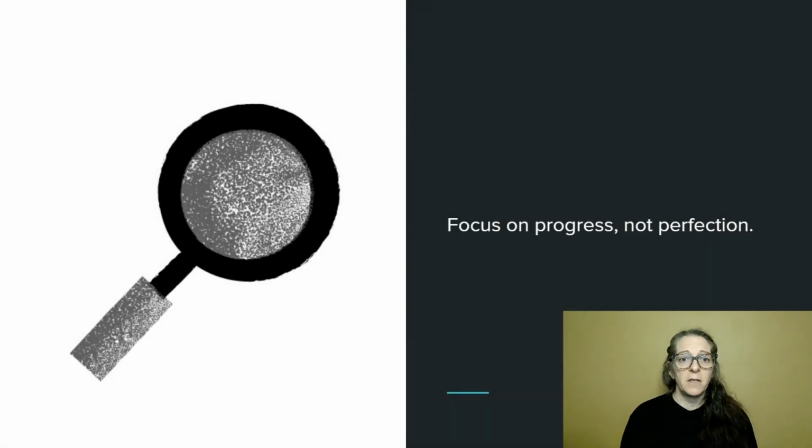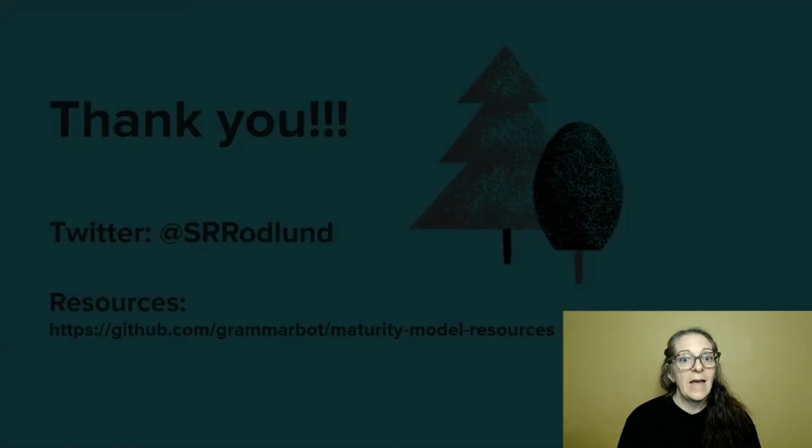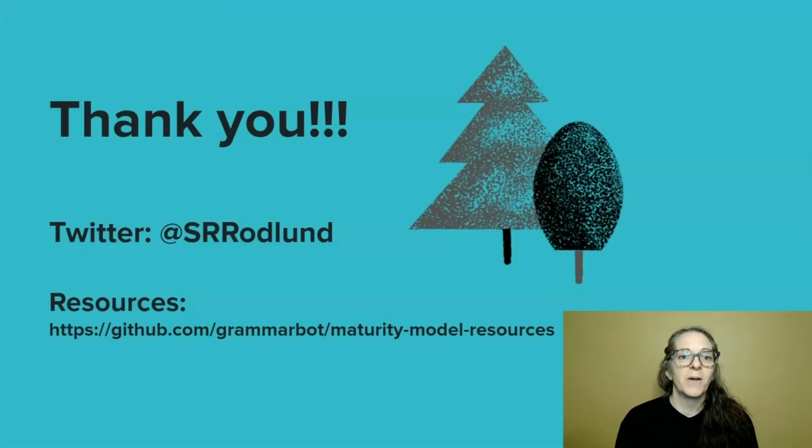And then finally, in my experience, maturity models are about progress, not perfection. They exist to orient you and guide you toward your goals. Don't get too caught up in going exactly from point A to point B or meeting a specific metric. Instead, use your maturity model to get oriented and to give you a sense of direction you need to feel confident about your doc strategy. And that is it for maturity models.